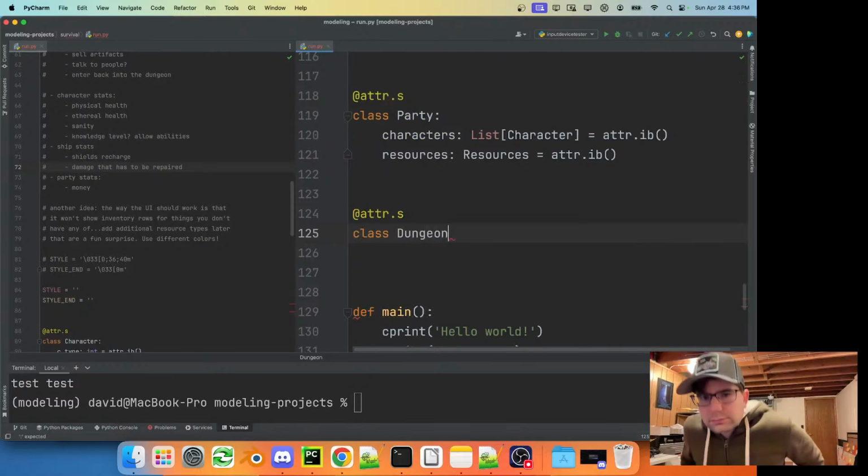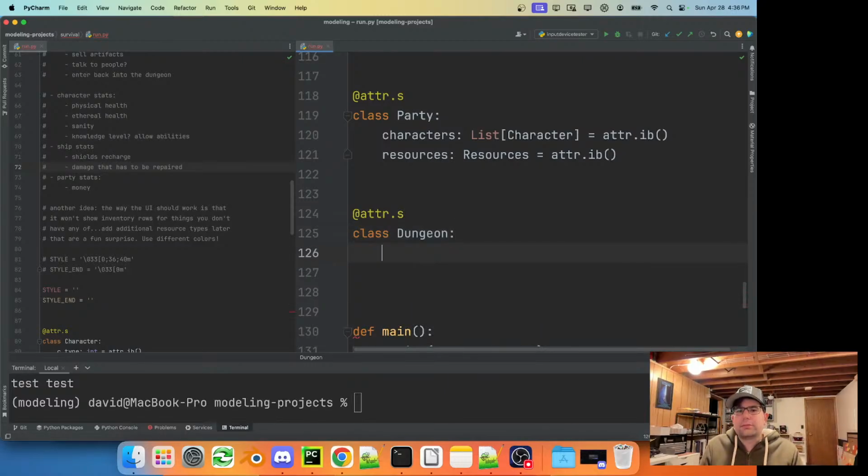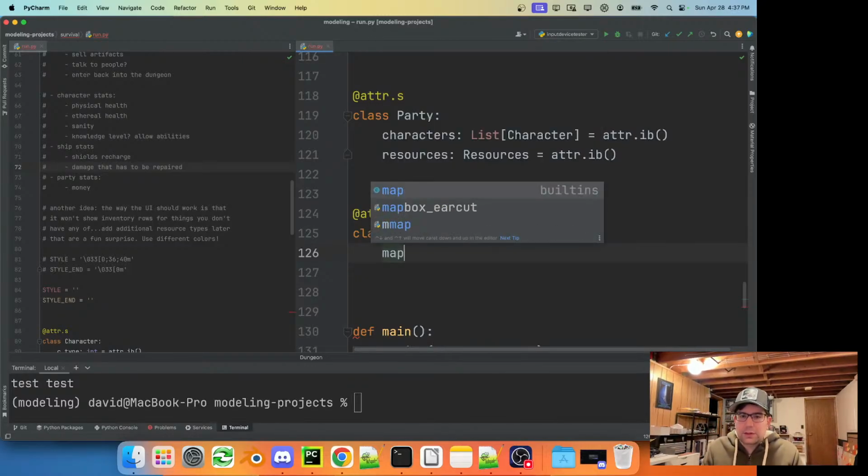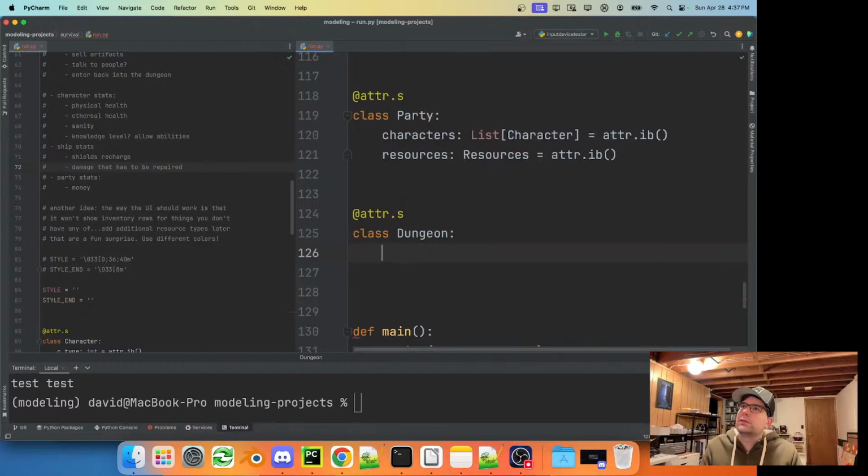So I'm thinking that the map will be basically a list of integers that govern a description or types. Different types of events could trigger on different section types.